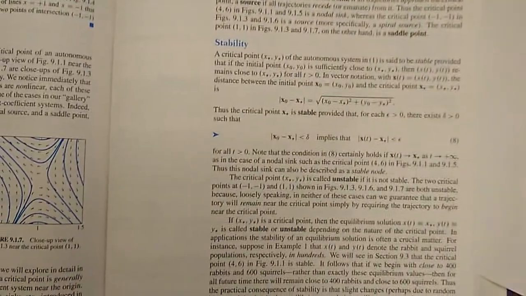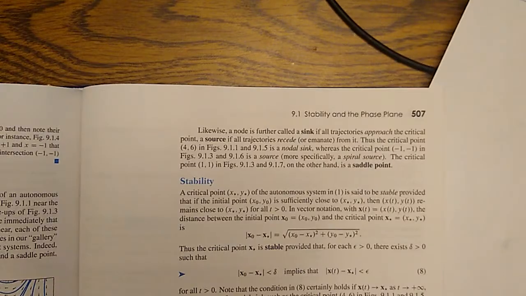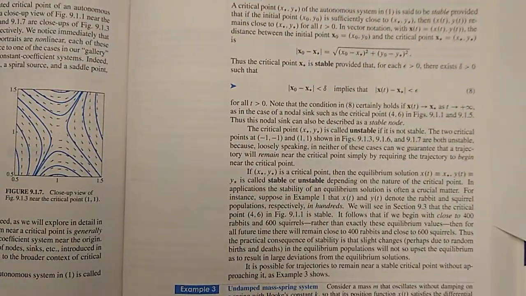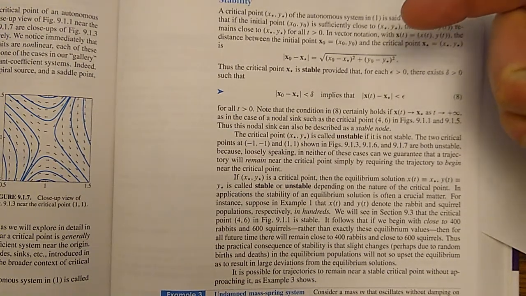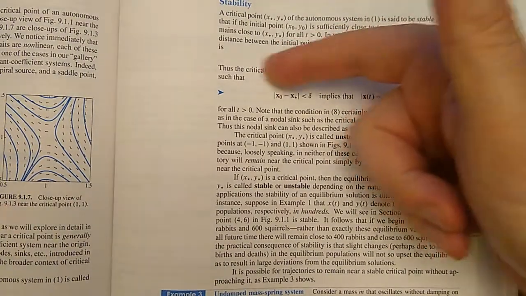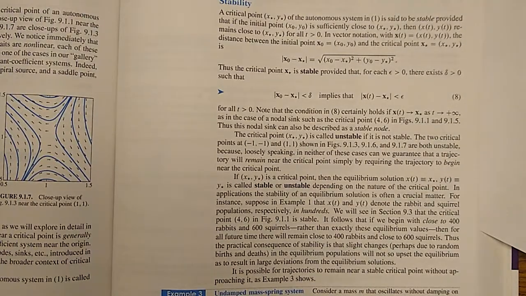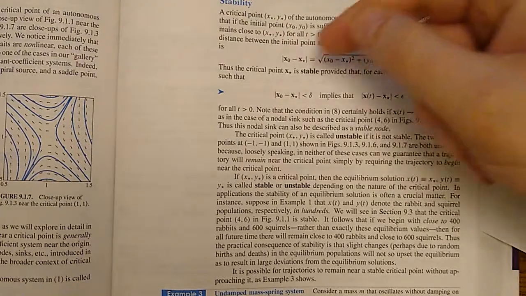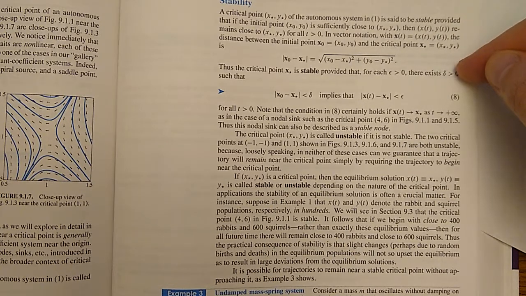So, maybe before I do this example, let me just show you in the book. This is page 507, just what the formal definition of stability is, because I've been pretty informal so far. We say that a critical point, which is the same as what I was referring to as an equilibrium point, is stable if for each epsilon greater than zero, there's a delta greater than zero,